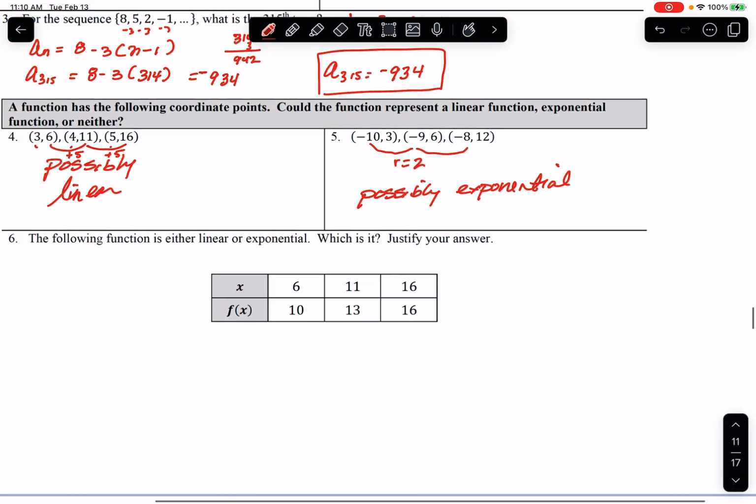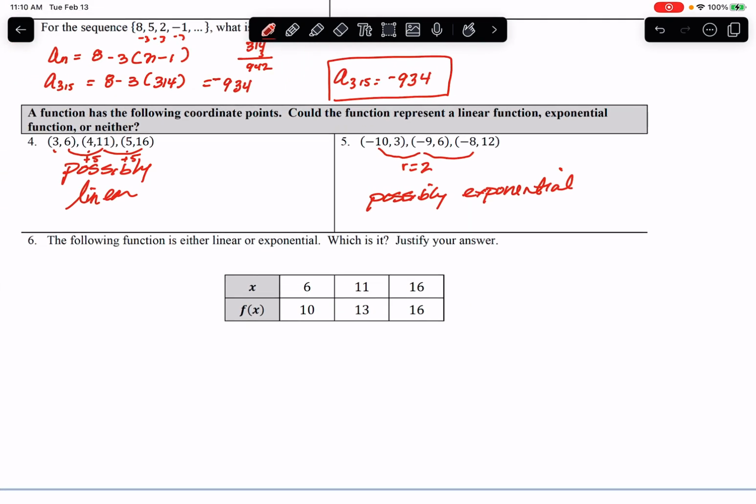Okay, and number 6, the following function is either linear or exponential. Which is it? Justify. So we're going up by 5 each time, so that's nice. Then we can just look, and it looks like we're adding 3 each time. So we have to say justify. It says, is the function